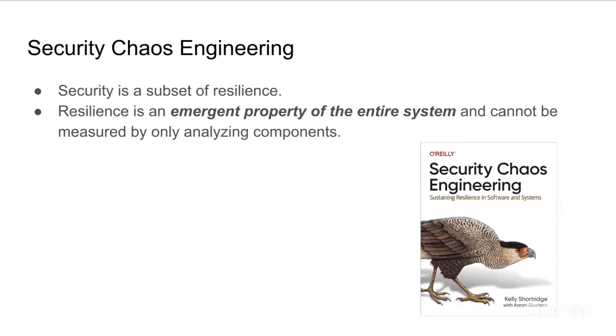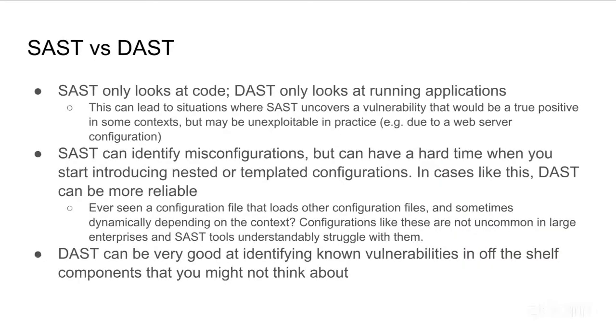So we can analyze some parts of the code, we can analyze our dependencies, but ultimately, software resilience or software security comes once you analyze the entire system, right? When all of these components are working together, that's what creates the app, and that's what we should be assessing for security. And that's where DAST comes in